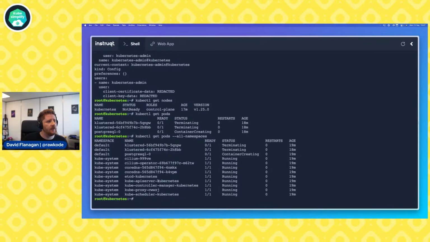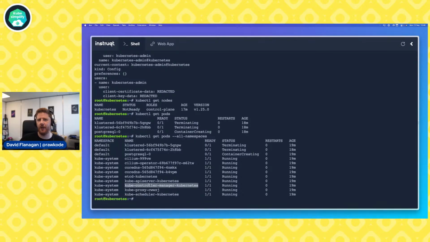We have a running API server, which we probably knew because we're getting responses from get nodes and get pods. We have a running controller manager, and we'll discuss the responsibilities of these components if and when they break. The controller manager is what is responsible for creating more Kubernetes resources that are children or descendants of other Kubernetes resources.